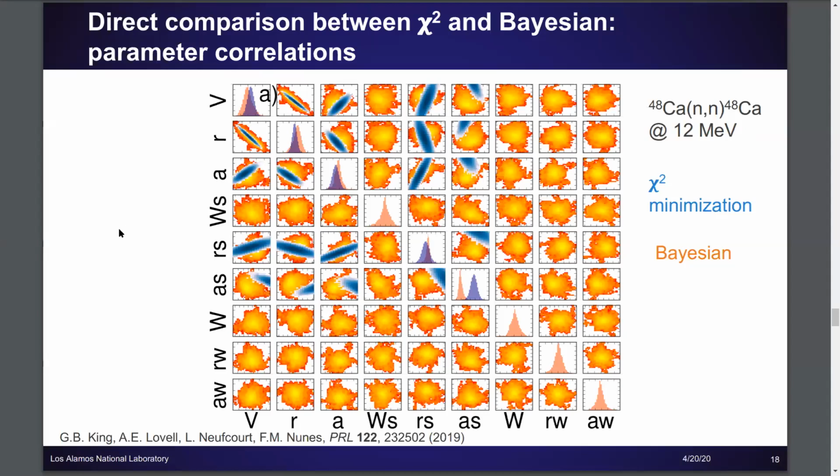And so this is something that not many people have seen before, that sort of goes against the standard idea that all of the optical model parameters are very highly correlated. And we see when we use these different methods, we don't necessarily get the strong correlation anymore, which makes a difference when you propagate your parameters to the resulting observables.